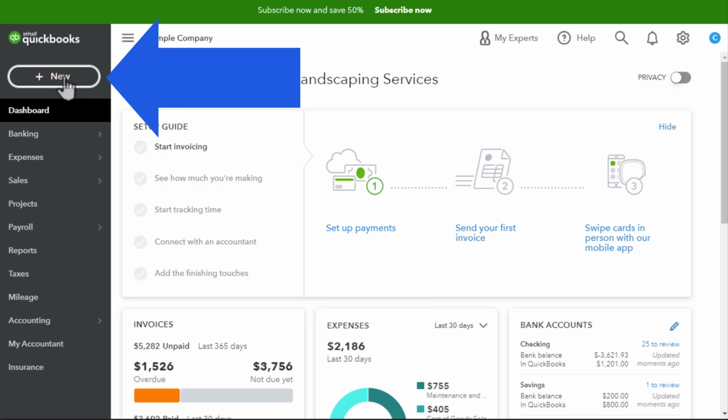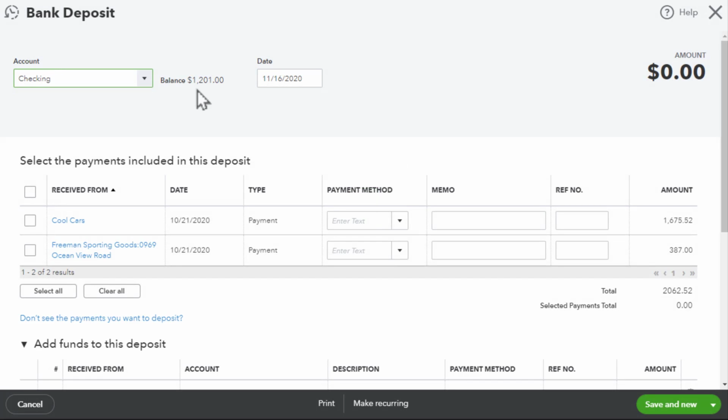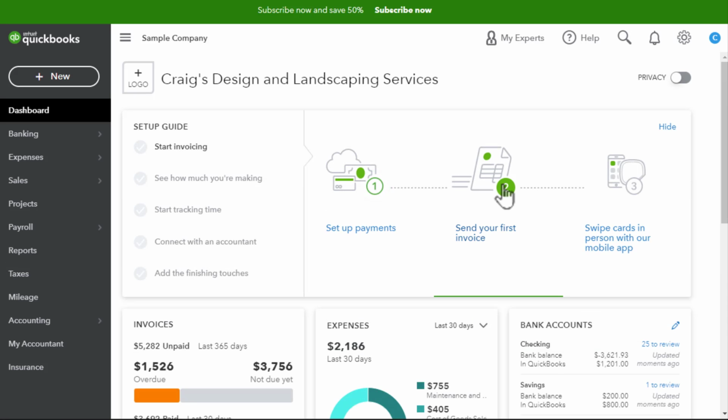To do that, we're just going to click on New, and then under Other, you're going to click on Bank Deposit. You're going to change the date. You're going to choose the bank account that you're going to deposit to, and then you're just going to click over here on the checks that you want to deposit. It's that simple. But let me give you an explanation about what's going on here, because most traditional accounting textbooks